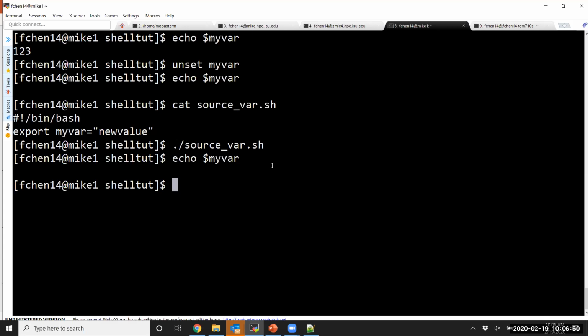Yeah. It's running a subshell. So keep that in mind. It's a subshell of the parent shell. The parent shell is the terminal you are in the first time you log in. When you run a job, it's the same thing. Okay? So how do I, if I want this definition to be effective,